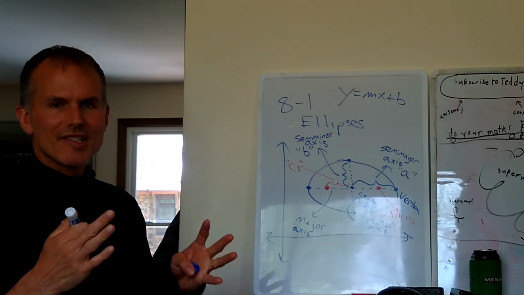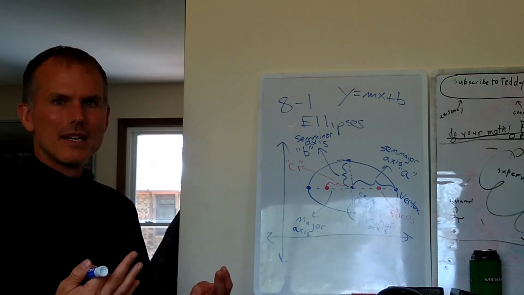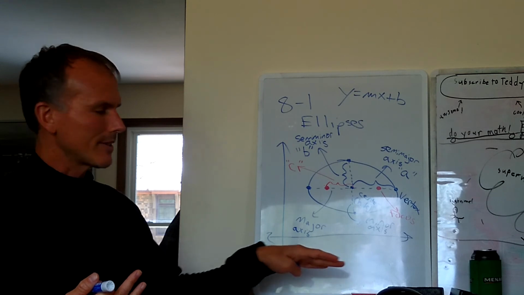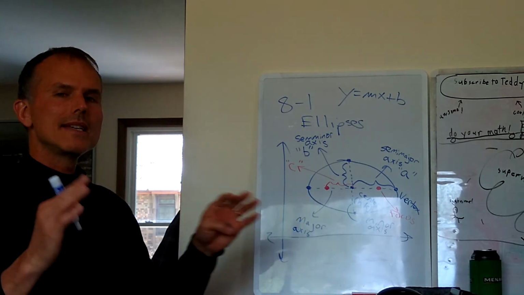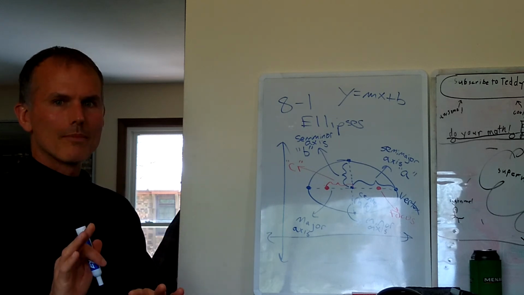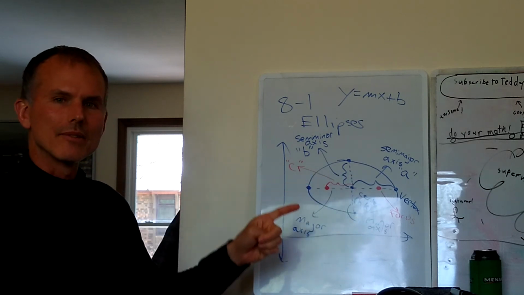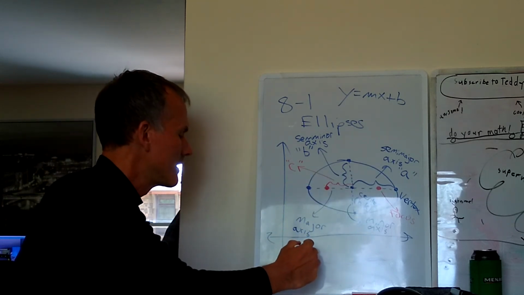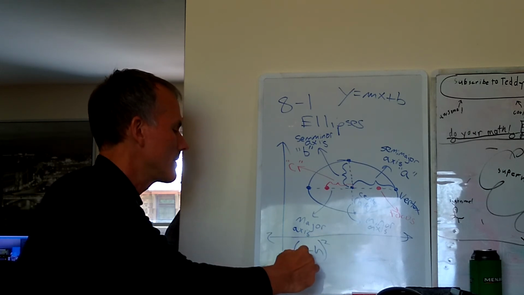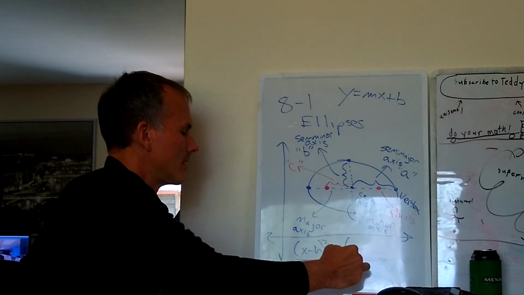Now, the reason I bring this up is when somebody asks you what's the equation of an ellipse, the answer is probably going to be what I'm about to write right here, because this is in standard form, right? The equation I'm going to write here is the equation of an ellipse in standard form for the case where it has a horizontal major axis. Okay, so I'm going to write this. It's going to be x minus h squared over a squared plus,